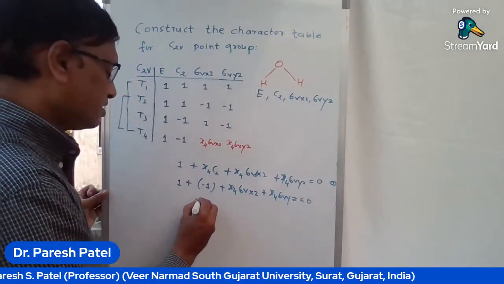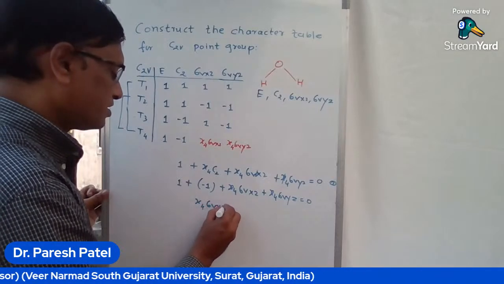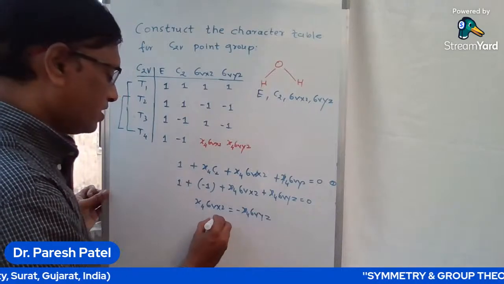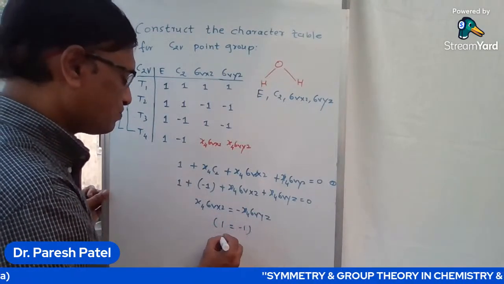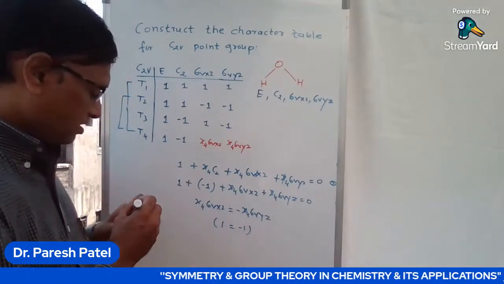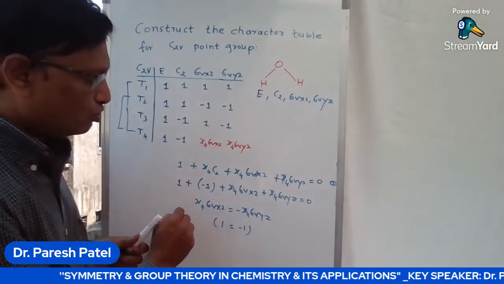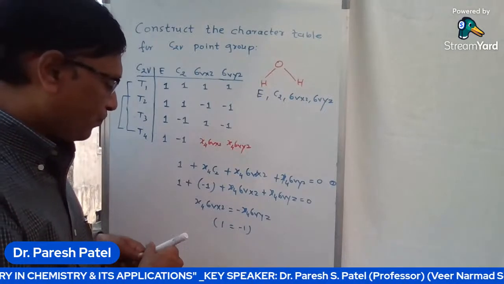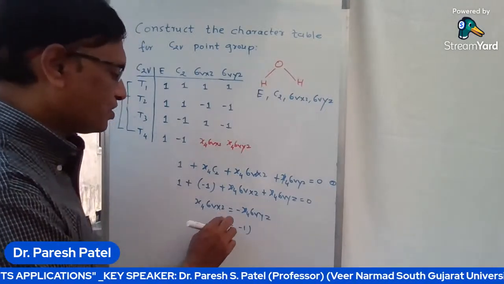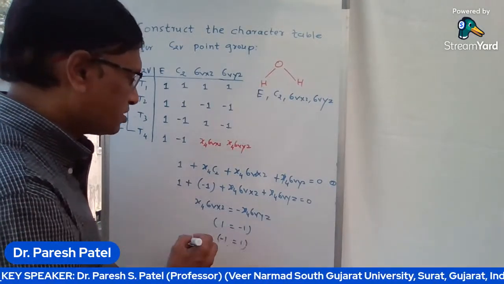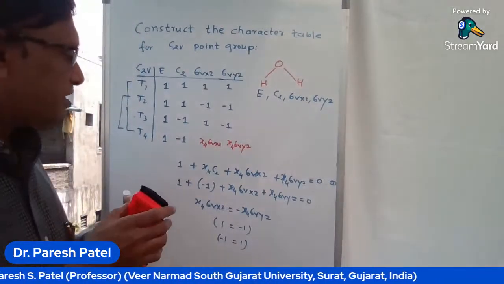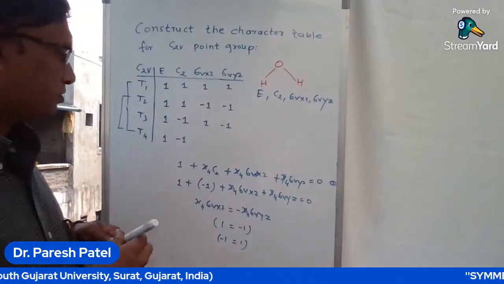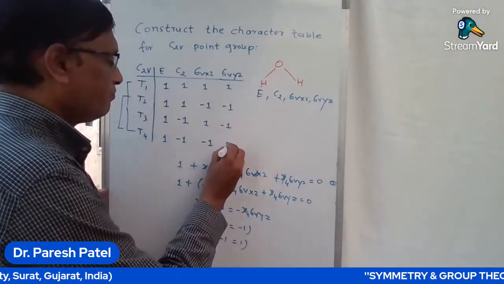It means character 4 sigma Vxz is equal to minus character 4 sigma Vyz. So we can represent it as minus 1, 1. If the value for character sigma Vxz is equal to plus 1, then it should be minus 1. We already took that one. So if we take the value for sigma Vxz as minus 1, it should be 1. So if we take minus 1 and 1,